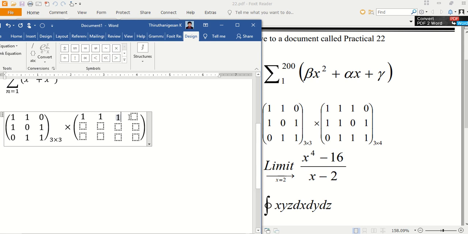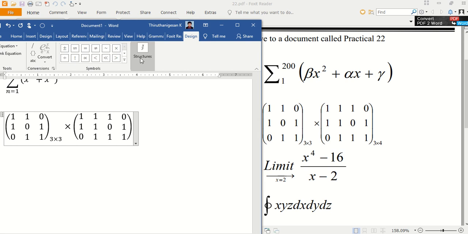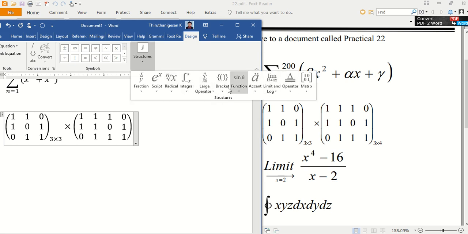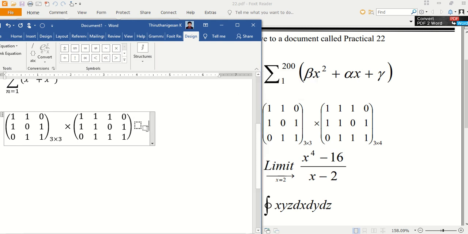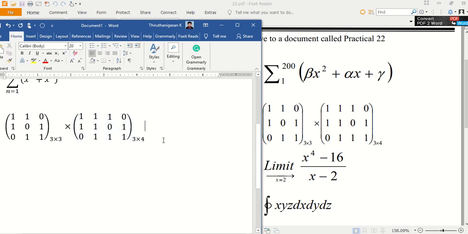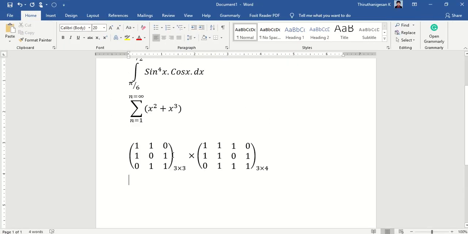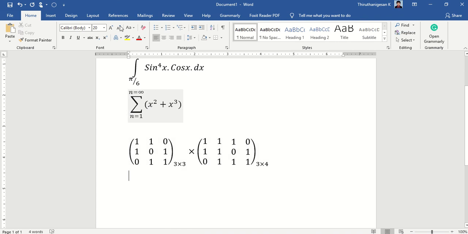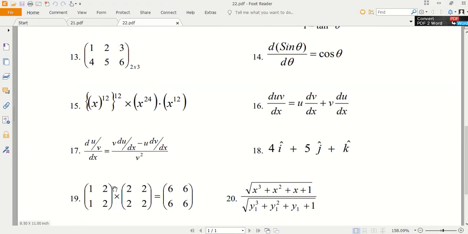Again 1 1 1 0, 1 1 0 1, and so on. That is the 3 by 4. Like this way you can insert matrices in the Word document. Similar way you can complete this worksheet also.